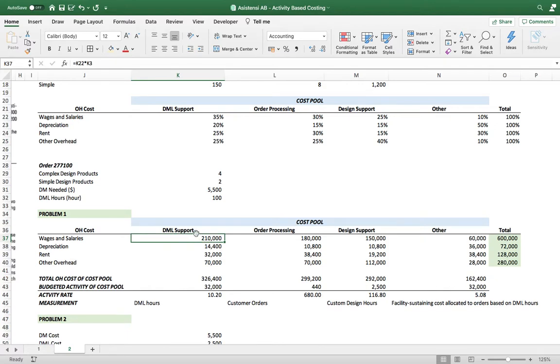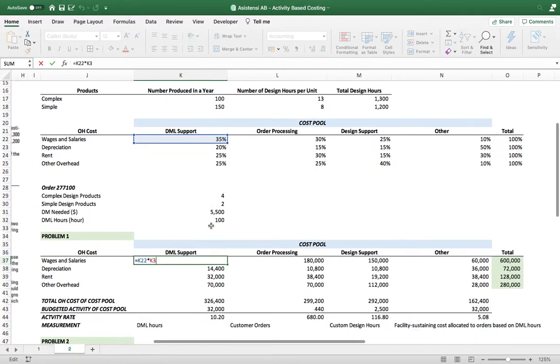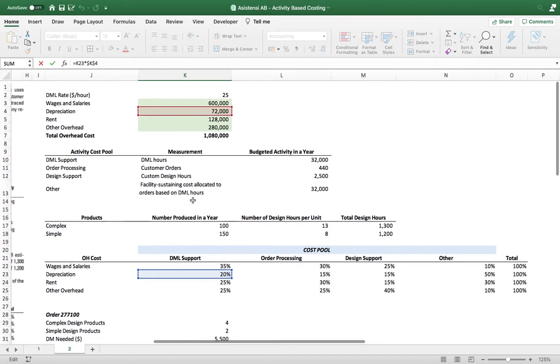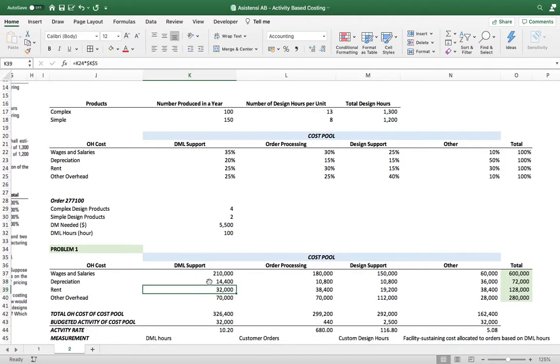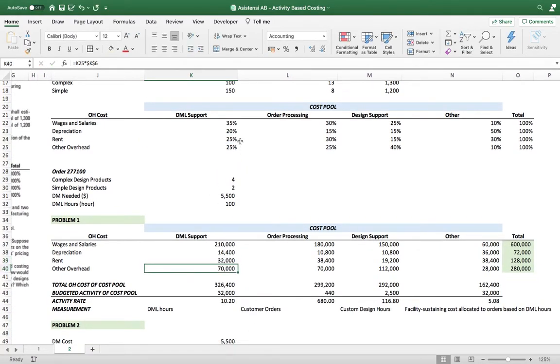So for the first cost pool, which is DML support, we can calculate it by summing up all of the overhead components. For example, for the wages and salaries, 35% times the wages and salaries, which is $600,000. And then for the depreciation, 20% of the total depreciation, which is $72,000, already given in the problem statement. And then the rent, 25% times 128,000. And for the other, it's 25% times